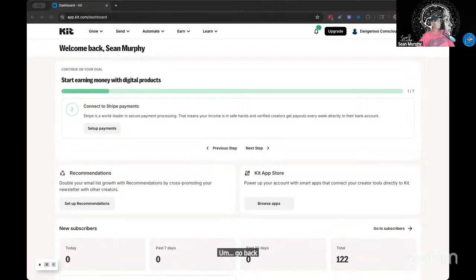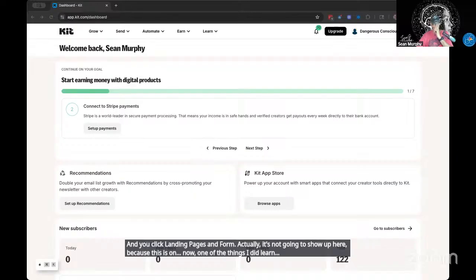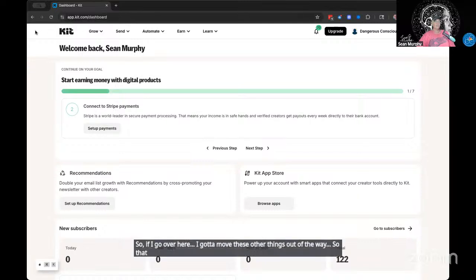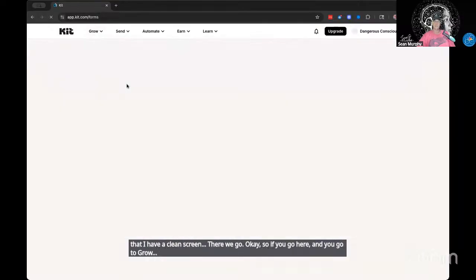Go back to grow. So if we go to grow and you click landing pages and form, actually, it's not going to show up here because one of the things I did learn is I like using Firefox, Mozilla. And so which page is, oh no, this page is being seen. Okay, wait a second. So I'm playing in the wrong page. So if I go over here, I've got to move these other things out of the way so that I have a clean screen. There we go. Okay, so if you go here and you go to grow landing pages,